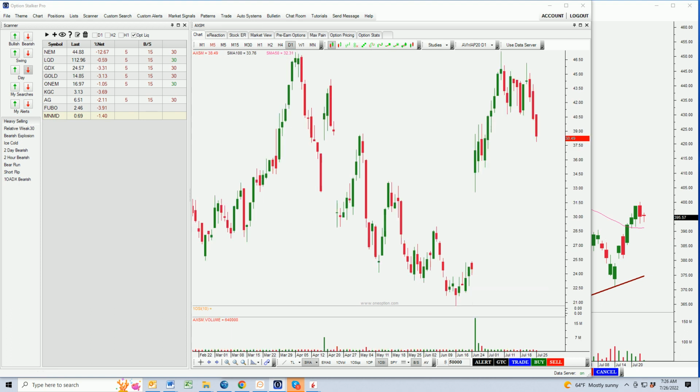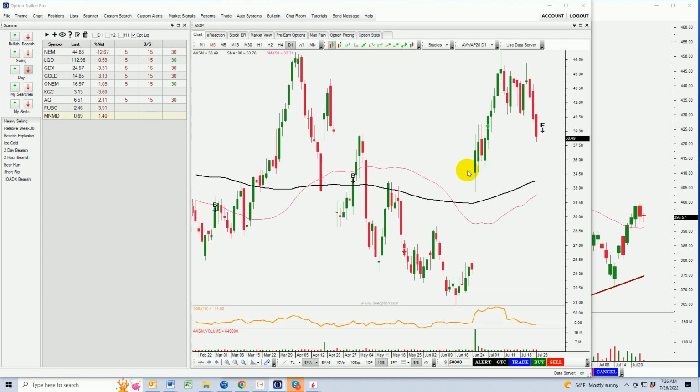If it fails, this stock is rolling over nicely. Upward sloping trend line, resistance there, lower high, a couple of bearish hammers off the top. This is not a bad looking chart here. So yeah, this would probably, and it has room to go to the 100-day moving average. So yeah, I got to say